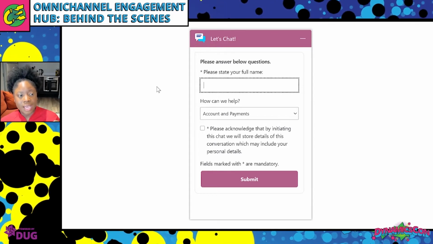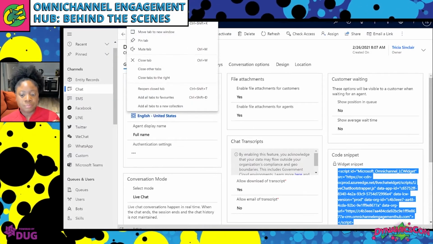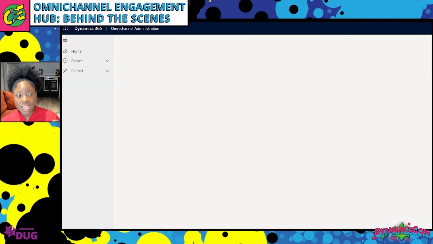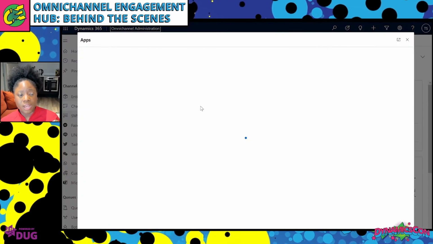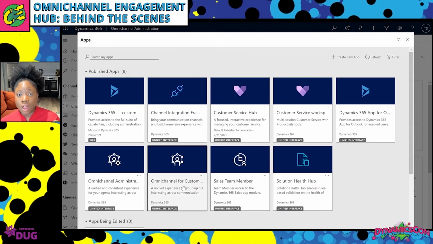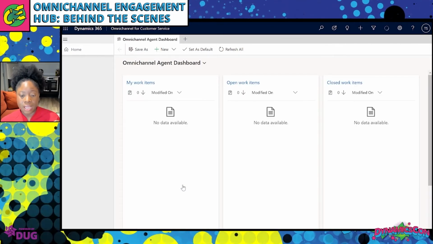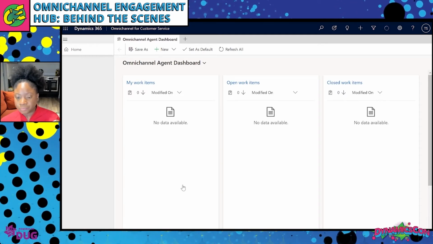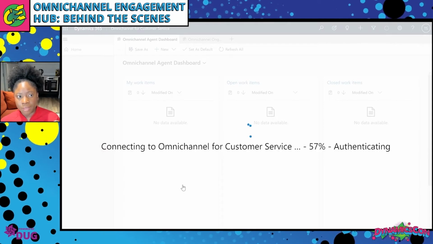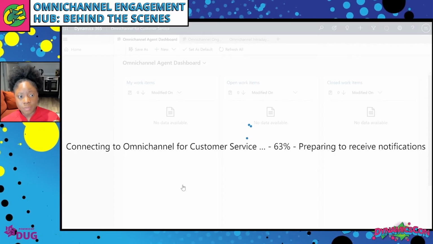The second thing that I want to test is that I, as an agent, am able to log in. So I'm going to duplicate my tab, and then go to the agent dashboard experience. What I need to do is ensure that I'm getting the presence icon. If you're not getting the presence icon, you're not going to get any chat messages. So that's the way you can check if your agent has been set up correctly. If not, you might get an error message at the top of this page,